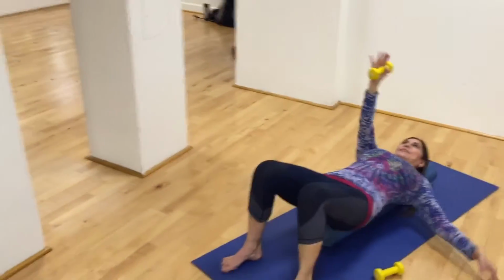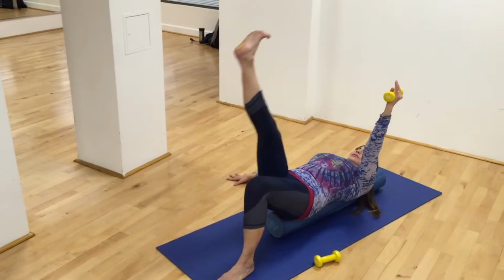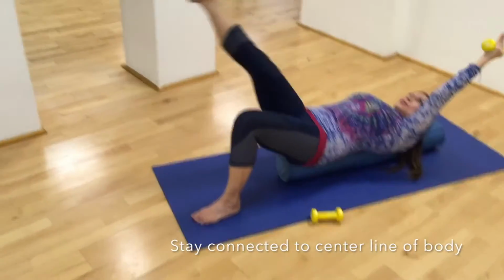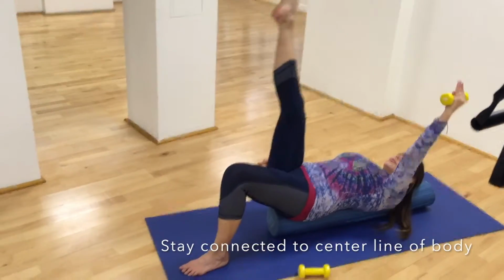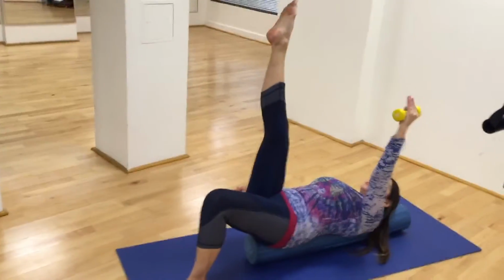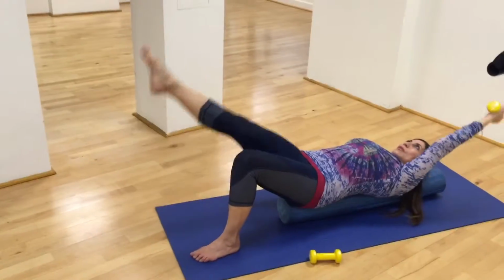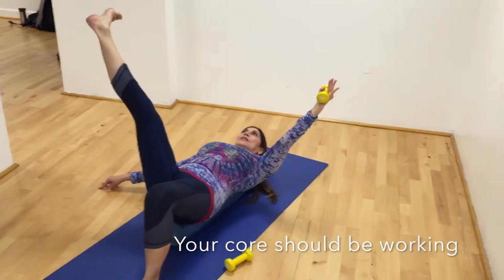Excellent. And then she changes arms and legs. Straight to the ceiling. And then here we go. Oppositional arm to leg on the vertical plane and come back. That's 1. 2. 3. And bring up. 5. 6, and then here's where she's going to open slowly to the side, very small restricted range of motion,